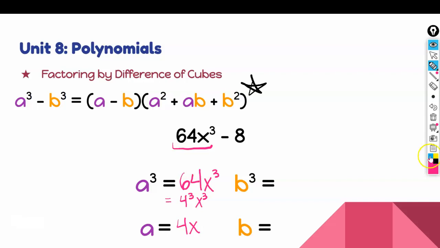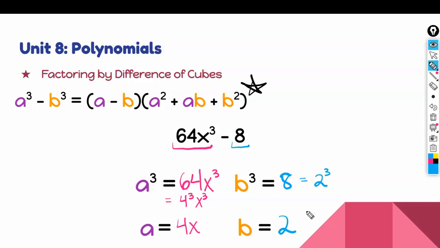Next, I don't have to include the negative. So my b cubed term is simply 8. Now 8 is 2 to the third power. So then what's b? It's just 2. And so,